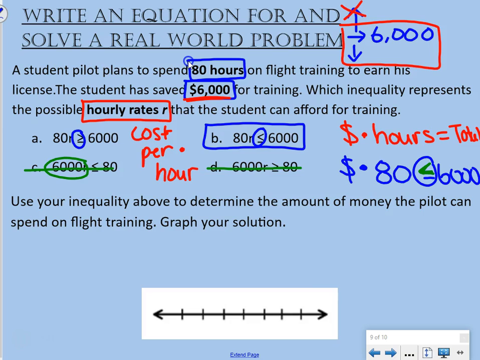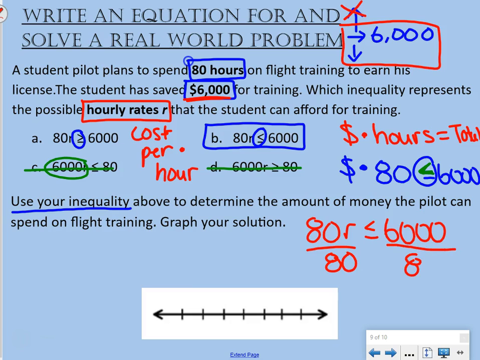Now we want to solve that. Use your inequality to determine the amount of money the pilot can spend on flight training. Find that hourly rate. So we have 80R is less than or equal to $6,000. We're going to divide both sides by 80 to get R by itself. R, bring down the less than or equal to sign. 6,000 divided by 80 is 75. So our hourly rate could be less than or equal to